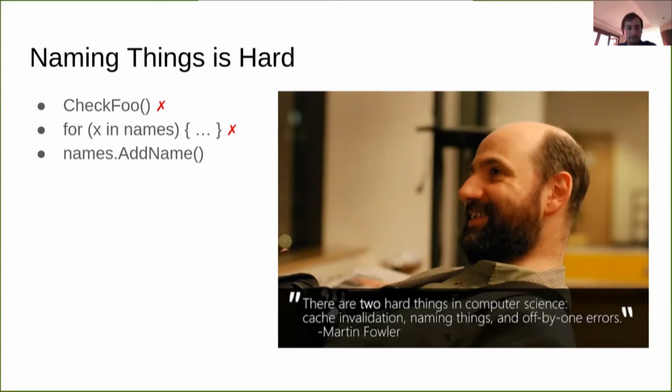How about this one? Good or bad, and why? For me, it's bad because it's repetitive. If you have already the names prefix, you know that you're adding a new name. You don't need the add name. Just with add, it should be good enough. I agree completely. That's exactly my suggestion too. Just do add. Now, of course, if it was not names, if it was like order, and then you had add name, maybe that makes sense because you're adding a name to an order. But if it's names, it's probably a collection of names, so you don't need to be repetitive.